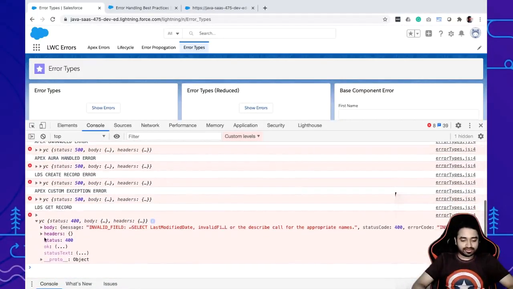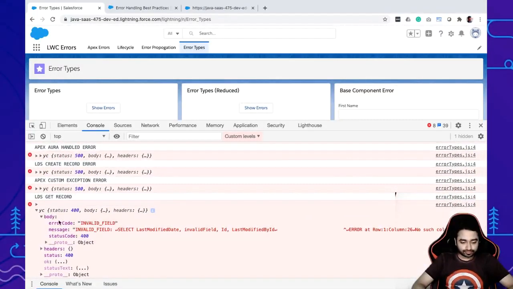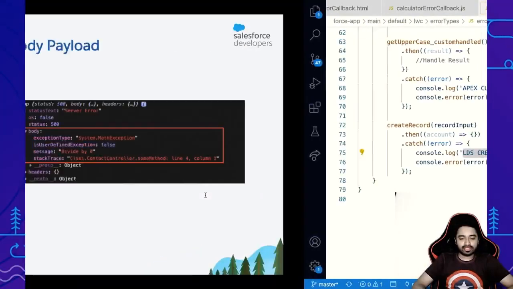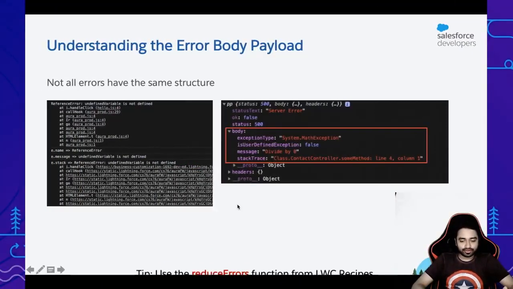Basically the purpose of this is to tell you there are different structures, and sometimes if you're getting records, the message that is returned might not always be a single object. It can be an array as well. So all of these different types of errors are there, and you need to find a way to parse all of these different kinds of errors and come up with a standard structure, for which of course you can create a library of your own.